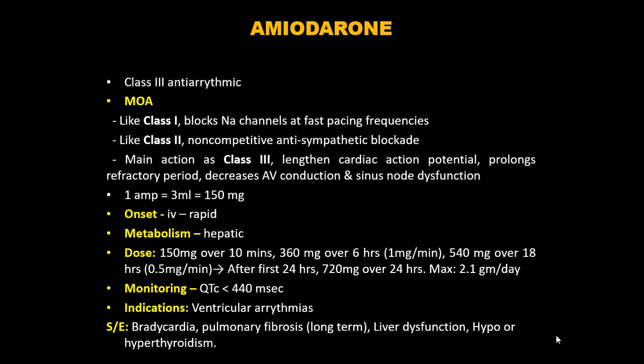Coming to antiarrhythmics, class 3, amiodarone. It is a class 3 antiarrhythmic. It has got multiple actions. Like class 1, it blocks sodium channels. Like class 2, it has got non-competitive antisympathetic blockade. Main action is as class 3 antiarrhythmic, where it lengthens the cardiac action potential, prolongs refractory period, decreases AV conduction